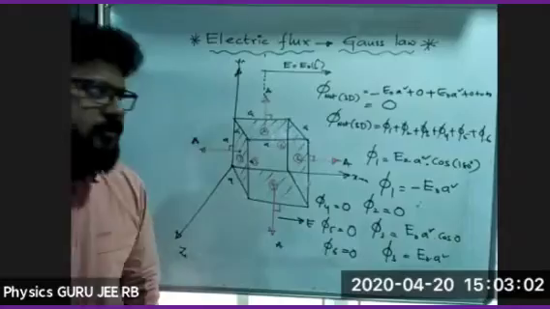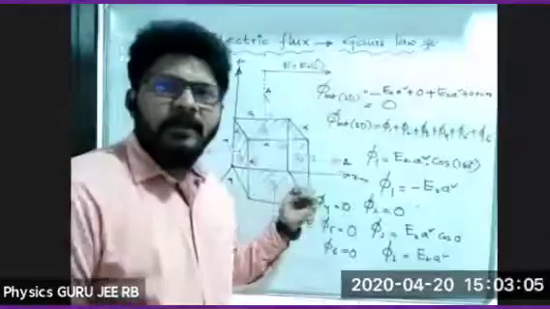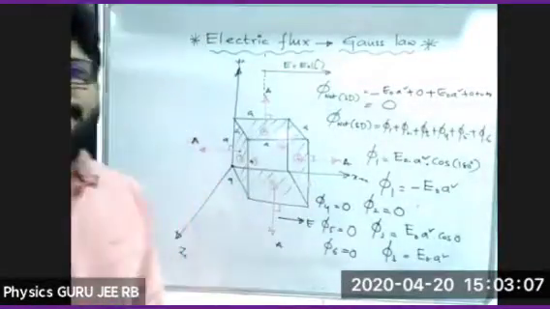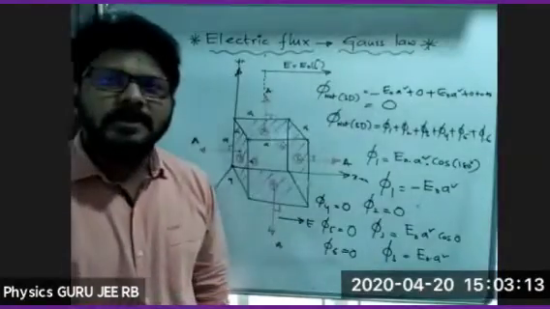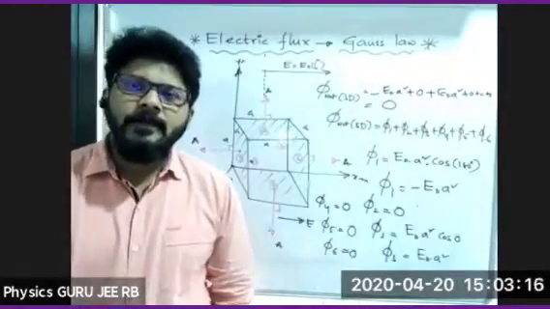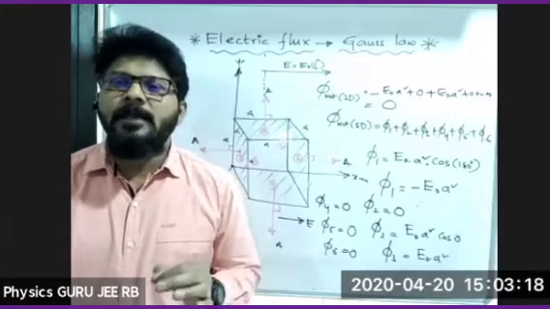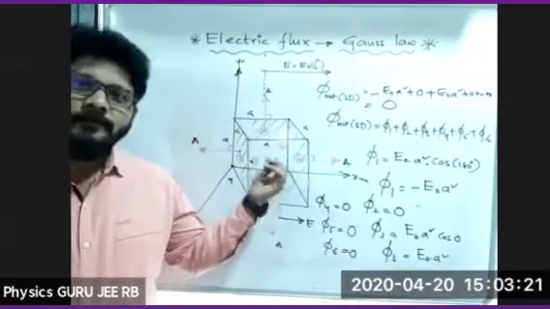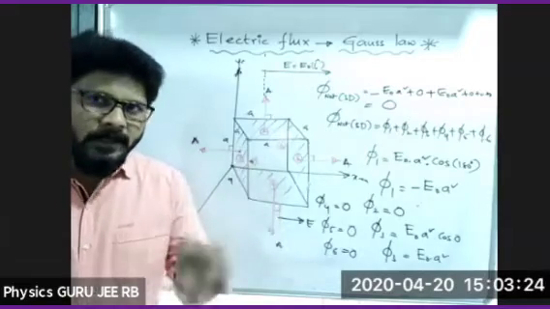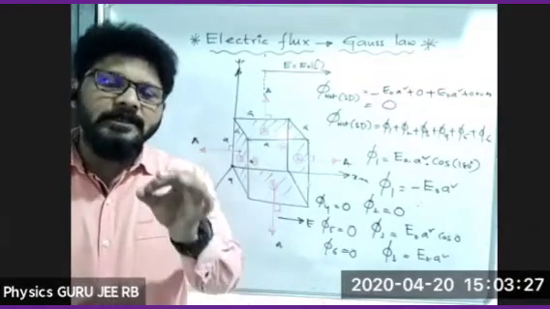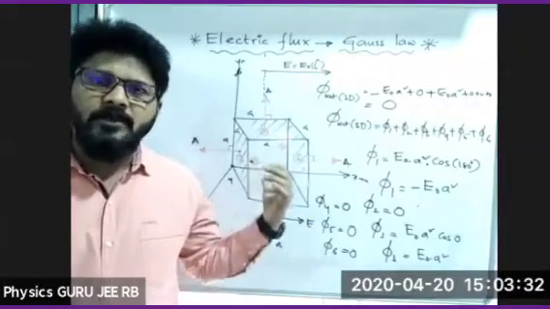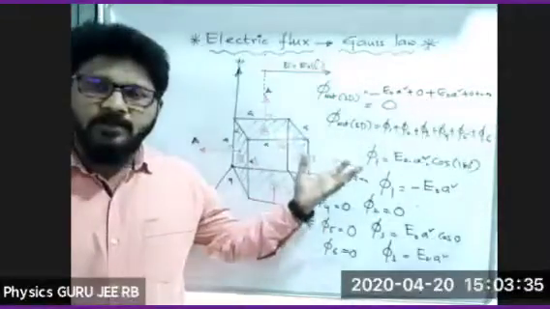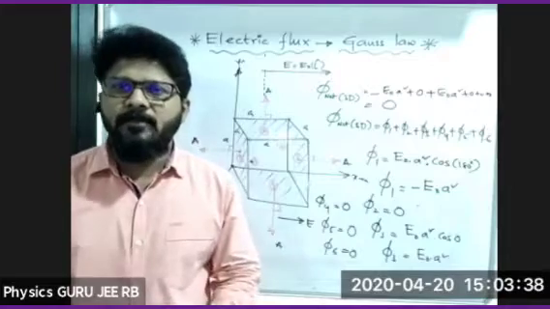Without any charge, there should not be any charge inside. There is no charge inside. Then the total flux through the closed surfaces or 3D surfaces is 0, only when there is no charge inside. If there is no charge inside, and for three-dimensional bodies or closed surfaces, the flux through them is 0. This is an important point to be noted.